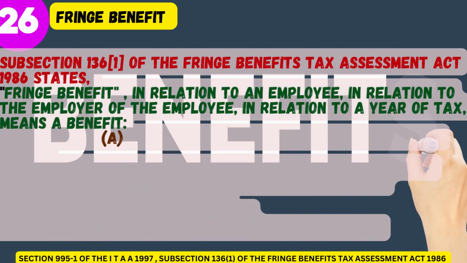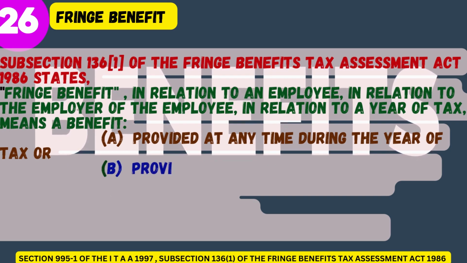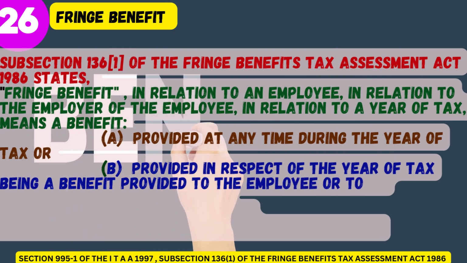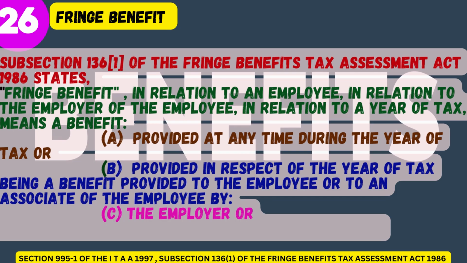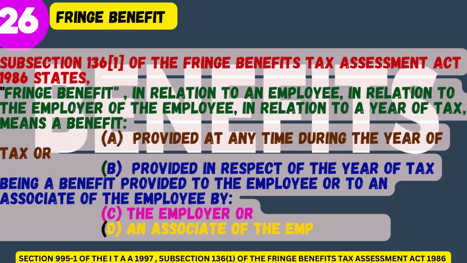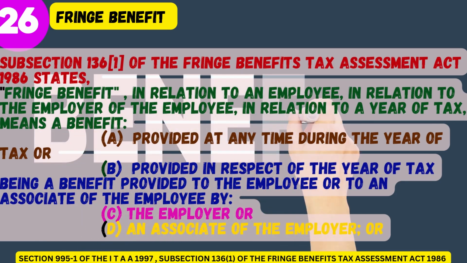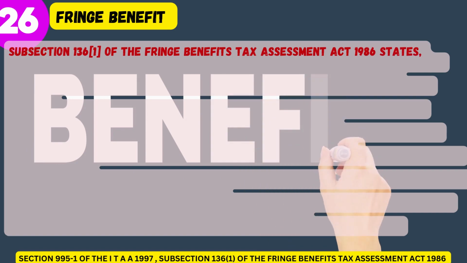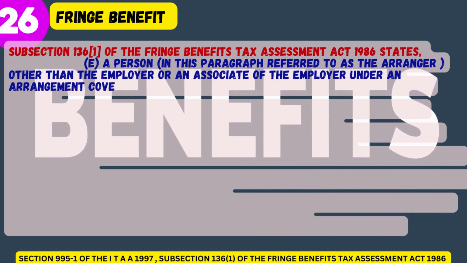And subsection 136(1) of the Fringe Benefits Tax Assessment Act 1986 states, fringe benefit, in relation to an employee, in relation to the employer of the employee, in relation to a year of tax, means a benefit (a) provided at any time during the year of tax or (b) provided in respect of the year of tax, being a benefit provided to the employee or to an associate of the employee by (c) the employer or (d) an associate of the employer, or (e) a person, in this paragraph referred to as the arranger, other than the employer or an associate of the employer